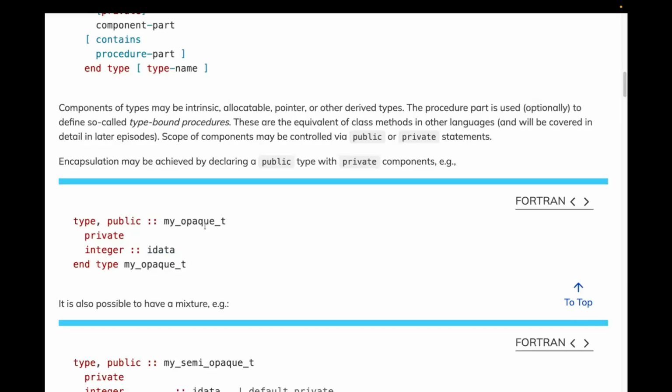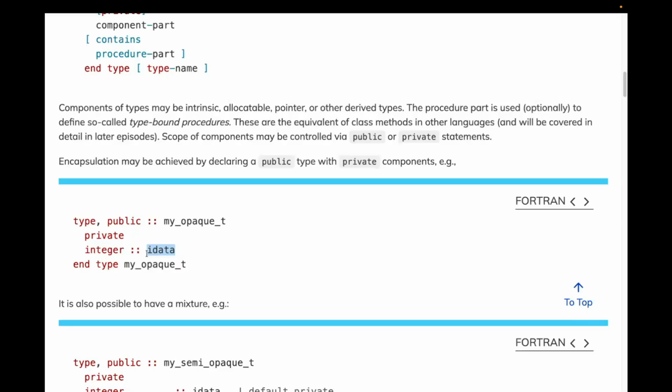So we can use the type, but if we try to access iData inside of it, if we create one of these, we will be told off. The compiler will tell us, sorry, you aren't allowed to do that. It will either say iData doesn't exist, or iData is private, something along those lines, depending on which compiler